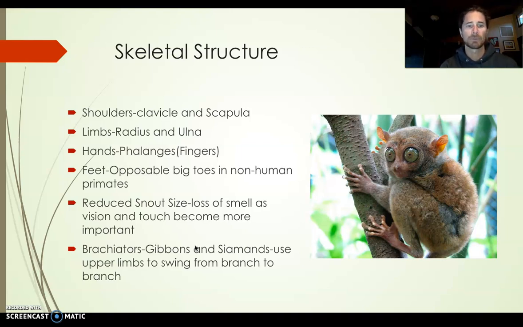We definitely have a reduced snout size, and smell has basically, again, taken a hit for that. But our vision and touch have become more important. So touching and vision have become more important. Fascinating component with touch, right, is we lose our ability to smell, even though a lot of our smell senses are things that we're unconscious of, things like pheromones and some interesting things like that. But touch becomes very, very important for things like oxytocin, which is kind of your love trust